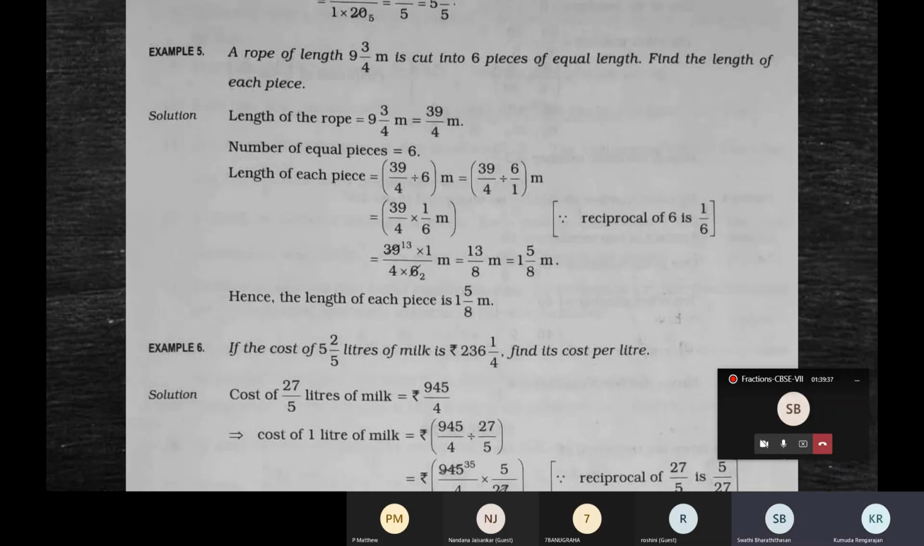What will be the cost of 1 liter? Ma'am, 60 rupees. So how did you get that? It will be 240, this number 240